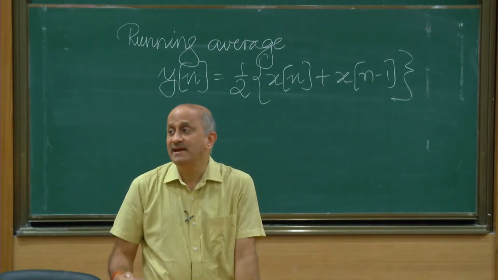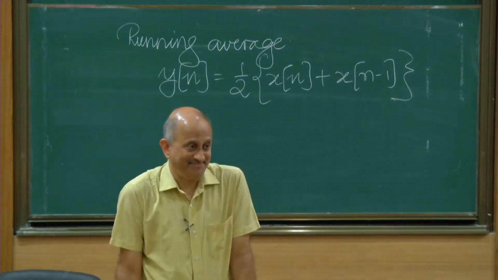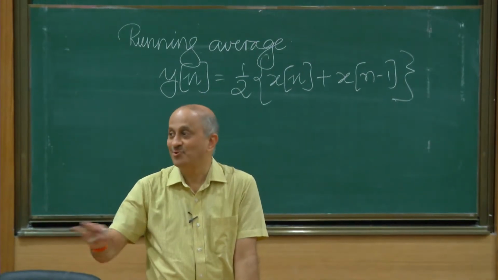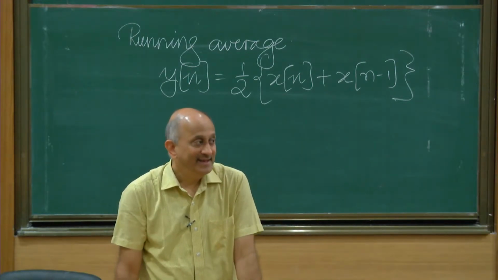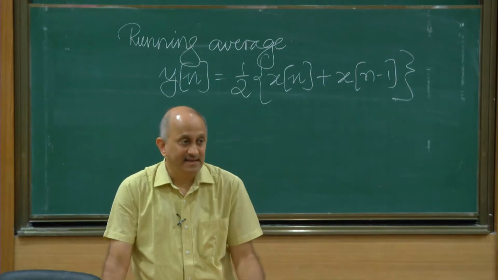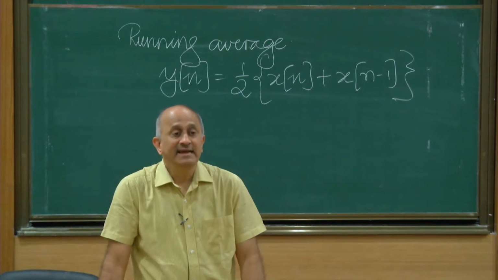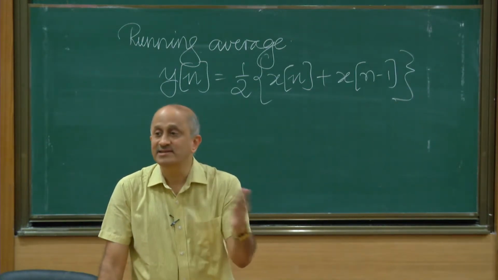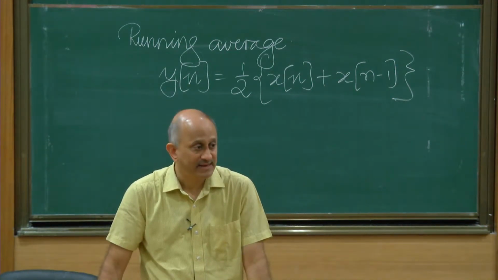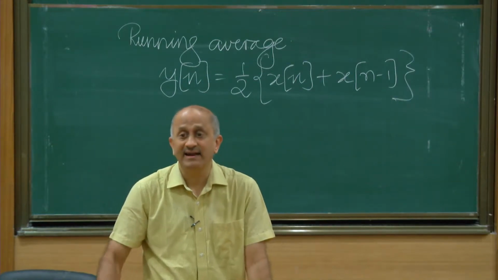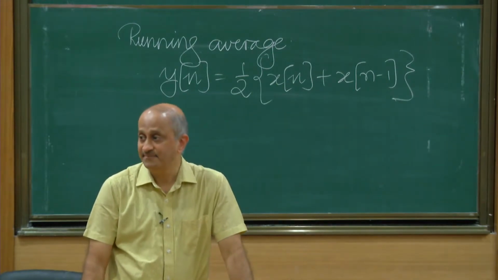What do you think could be the reasons for doing so? You want to remove unwanted fluctuations. I think the idea of averaging is known to all of us, right? It's not rocket science at all. So we understand what averaging does. There are different ways of interpreting what averaging does. One is that it gives you some steady information that is present across the points of the sequence that are averaged. The other way of looking at it is that small fluctuations which do not really mean much are removed if they are random.